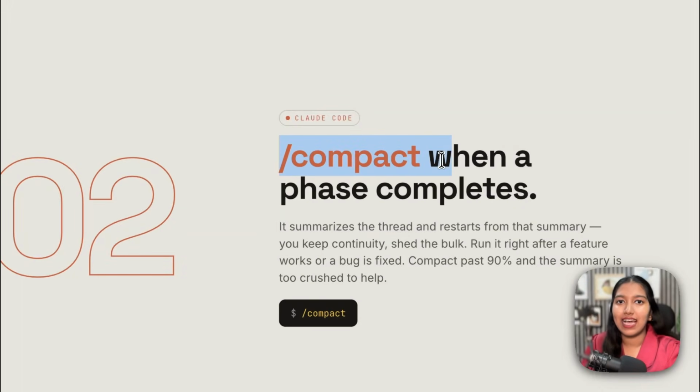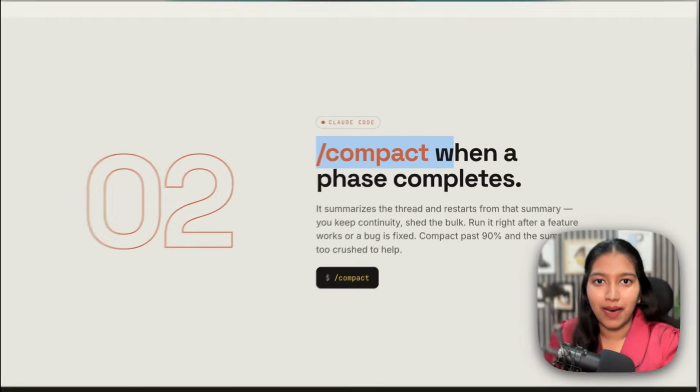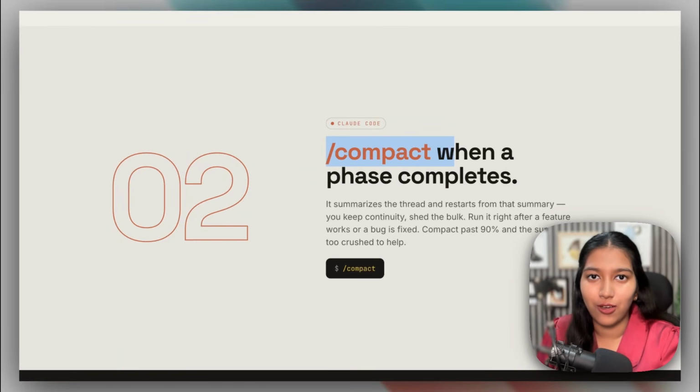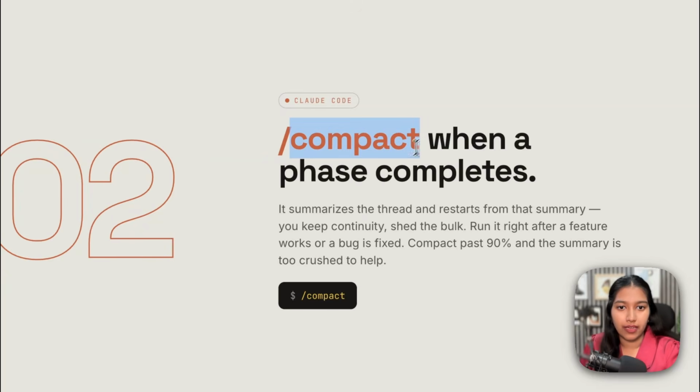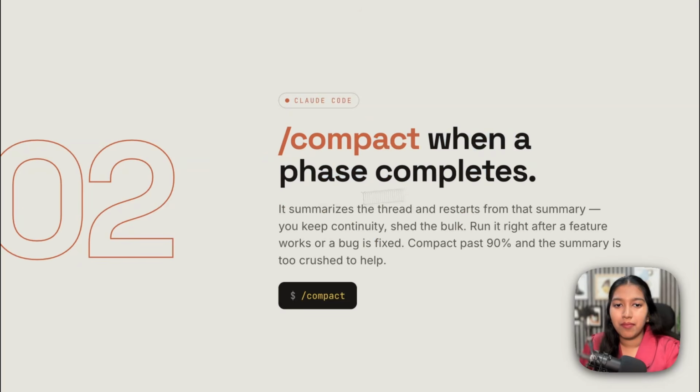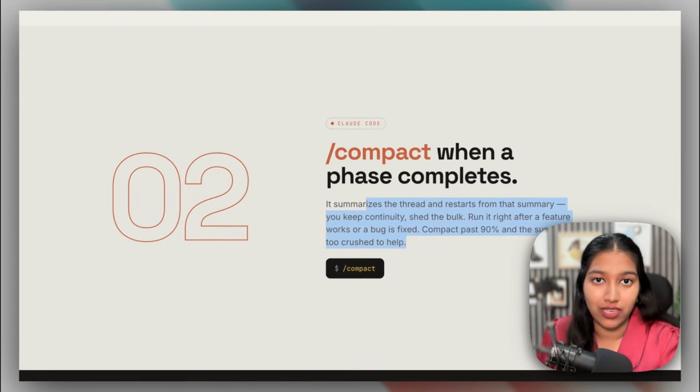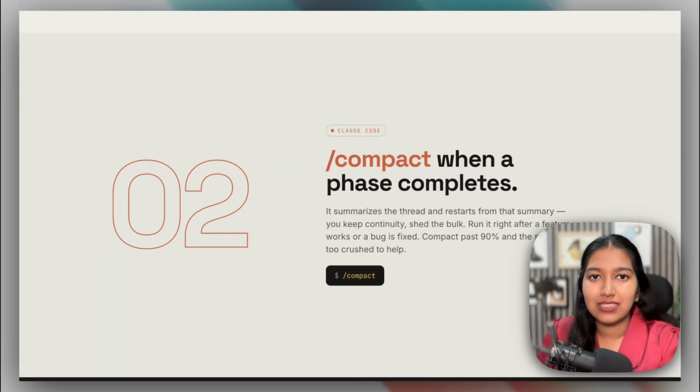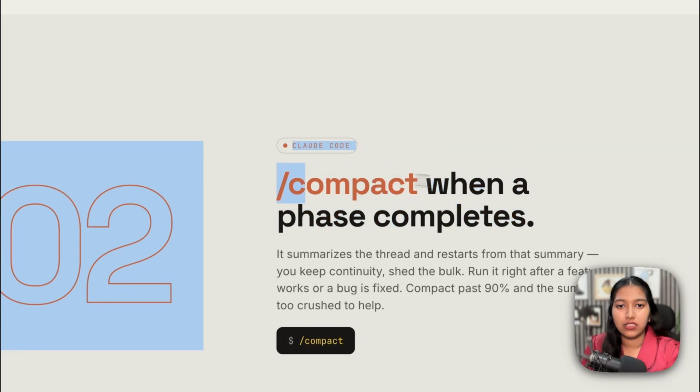The next one is /compact. So Claude Code by default auto compacts the conversation once it gets longer. And when it does compact it, it summarizes the thread and restarts from the summary. Something very similar to what we did here. But this really reduces the quality of the responses you get from then on. Instead, what you can do is you can compact it yourself once you think you have completed one feature or you've completed one task. So whenever a phase completes, you compact it